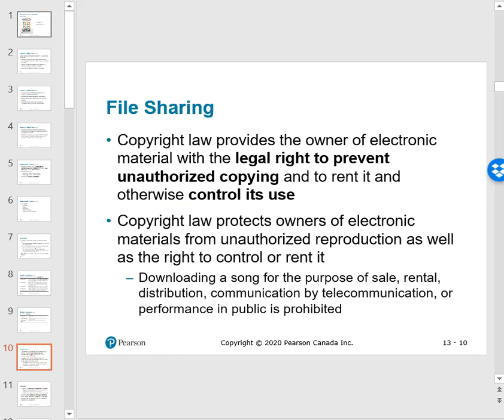So that's why it is illegal to share files. If you have the authorization to keep the file, to download the file, to have the file with you, it doesn't mean you have the authorization to share it. And it's been very, very difficult for copyright owners to control this. But